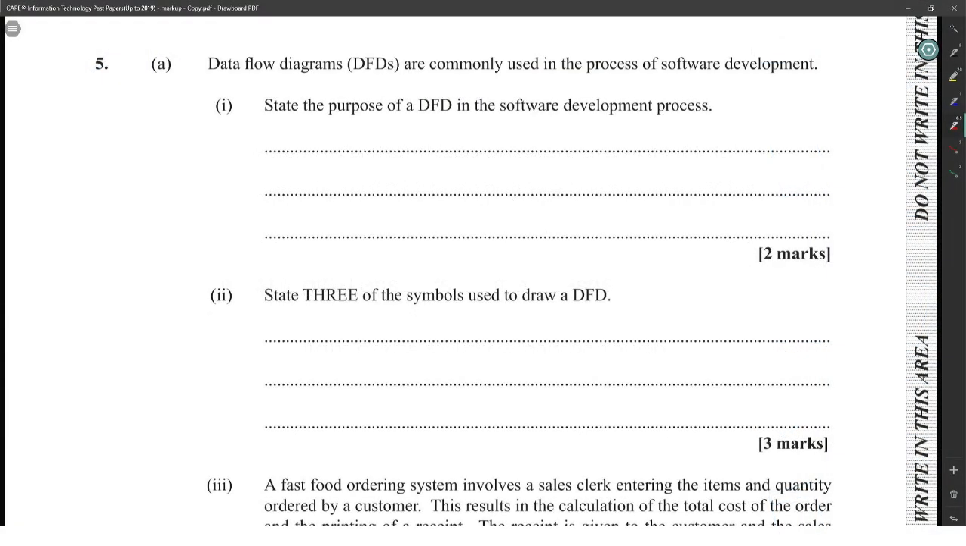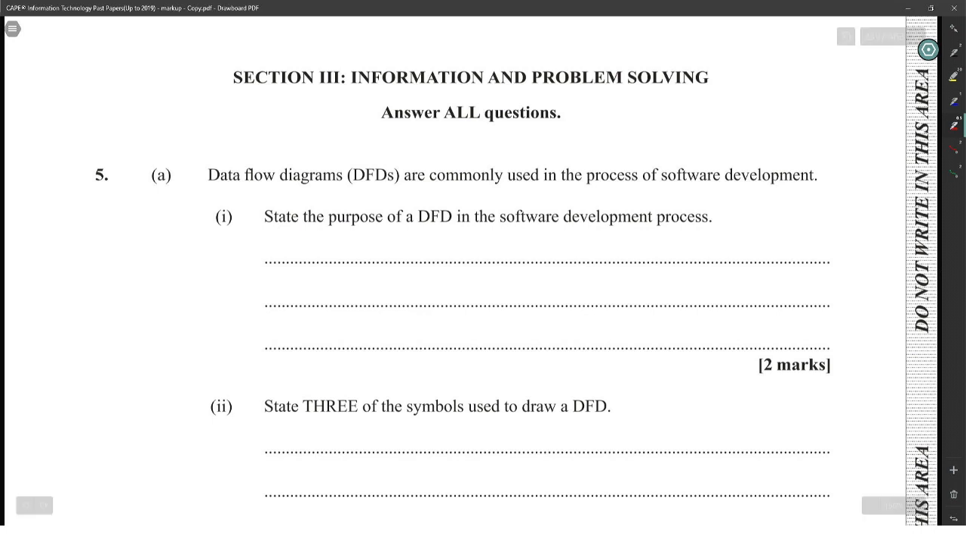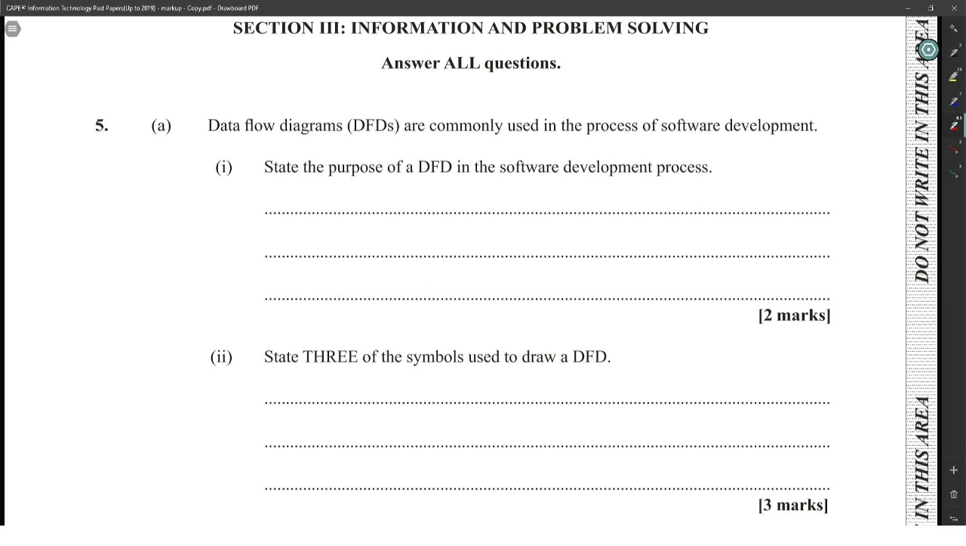Alright, this is 2016 Unit 1 Module 3. Data flow diagrams are commonly used in the process of software development. State the purpose of a DFD in the software development process. A data flow diagram is to